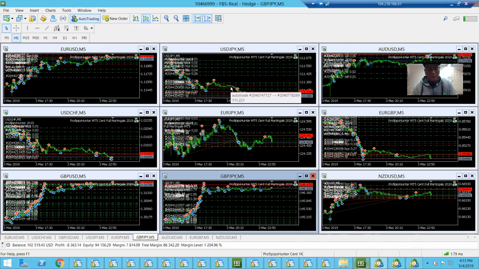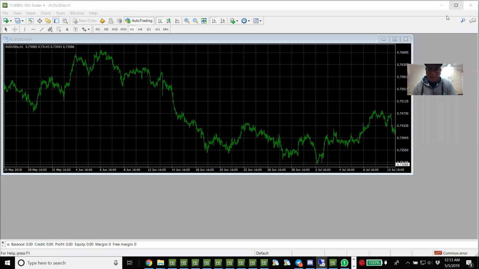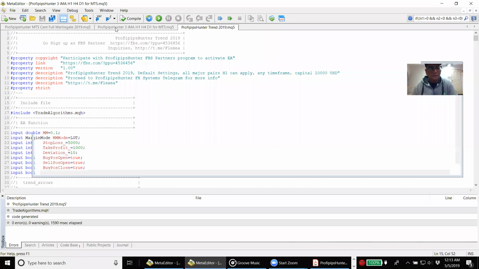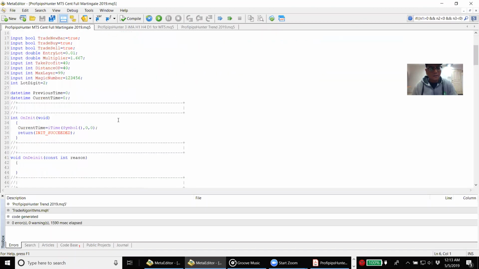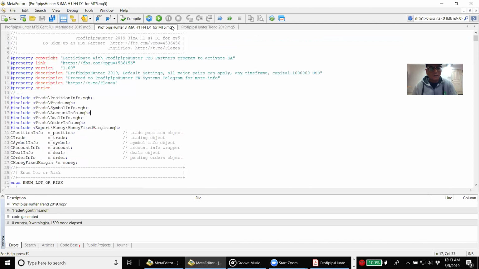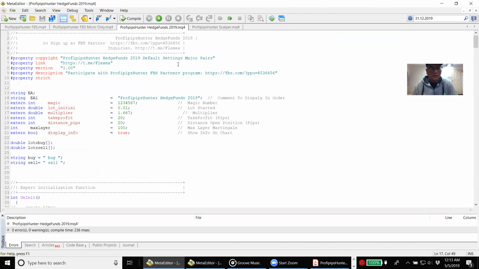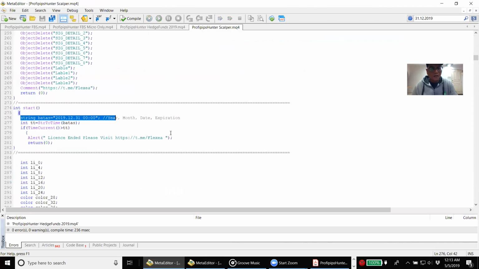So I hope you appreciate my work and all these EA that I coded, original work of mine. These are the source code that was built for MT5, and this is for MT4, right? And yes, some of the EA I did lock, and there's an expiry for